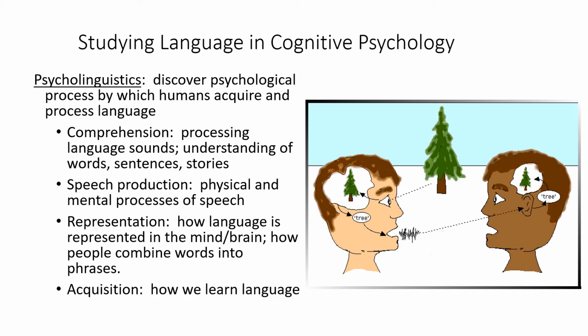And then the 4th important component for psycholinguistics is acquisition, which is how we learn language. This is basically a separate form of psycholinguistics, but it's just as important, and that is looking at how the brain works in learning new languages. I'm not going to go into that too much. I am going to go into the development of language, but one of the interesting findings from acquisition of language is that our minds